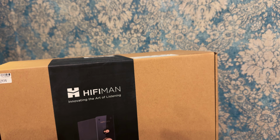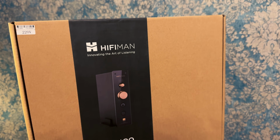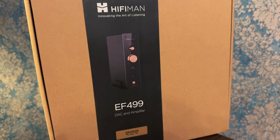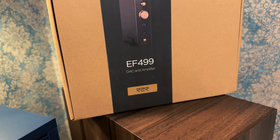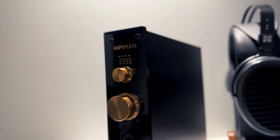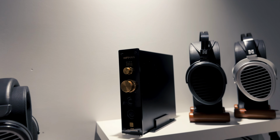The size of the EF499 is compact, but it's clearly a desktop-oriented device, not intended for portability. It's important to note that this unit is primarily made for vertical use. That way you can use it as a somewhat decent headphone stand if you wish. Would it make for the best headphone stand in the world? Probably no, but it's better than putting your headphones straight on the desk, where they can get easily damaged, including